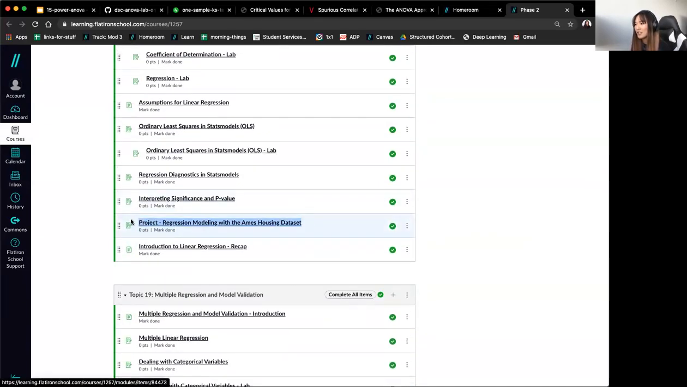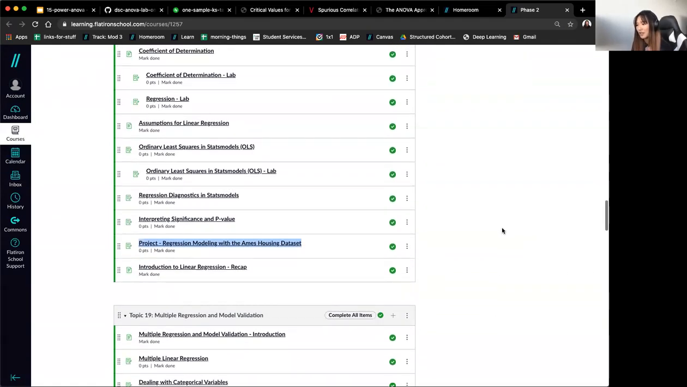There's this mini project here, regression modeling with the Ames housing data set. So within your working group, decide which one you want to do. This one I will say is more on topic 18 stuff, and then you can start hypothesizing and thinking about what you would do